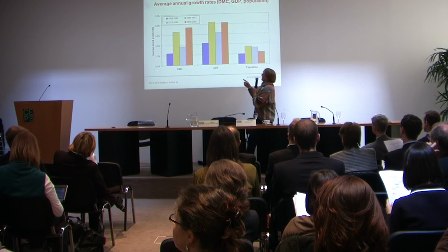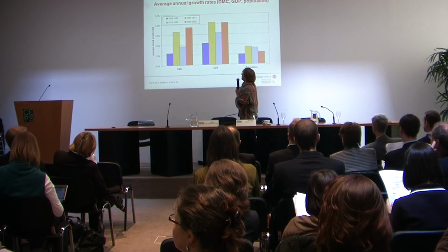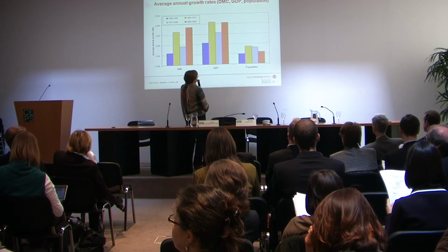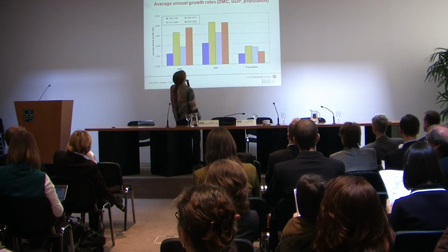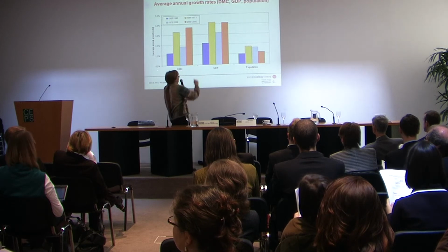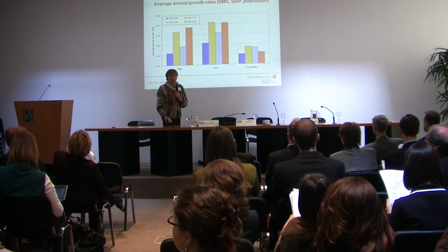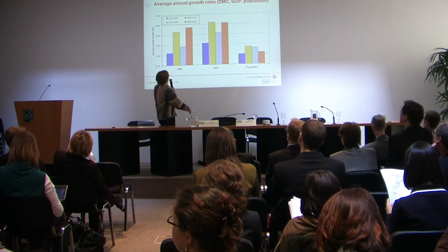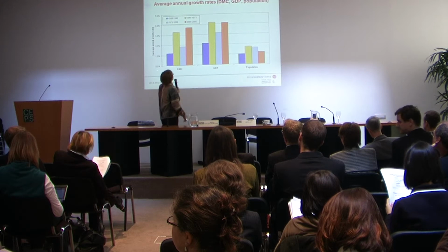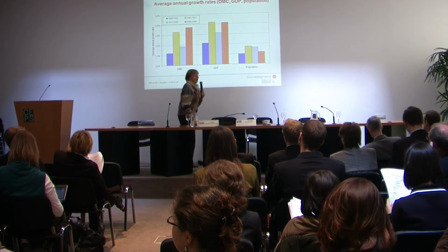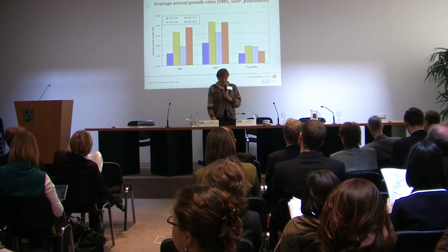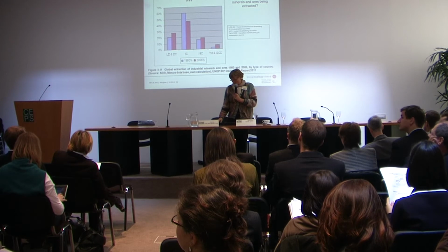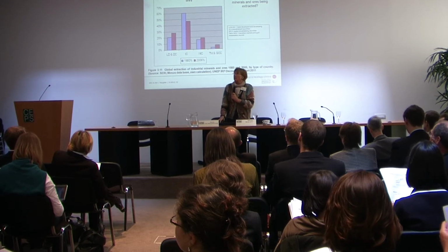And the next phase again is after 73. There we have a massive decrease in use of materials. We have a massive decrease in use of population, but we still have a strong increase in income. So this is the last 30 years, if you will. And finally, we have a new period with massive growth of materials since 2000. And this is a global process. I'll show you later a bit more in detail.